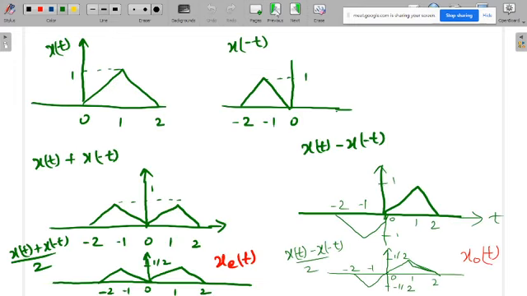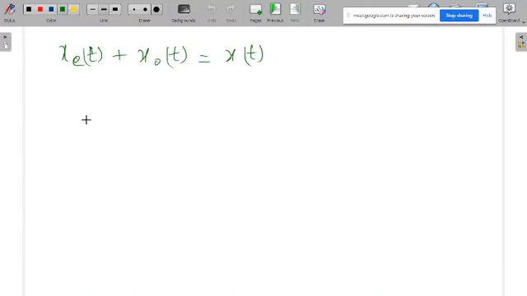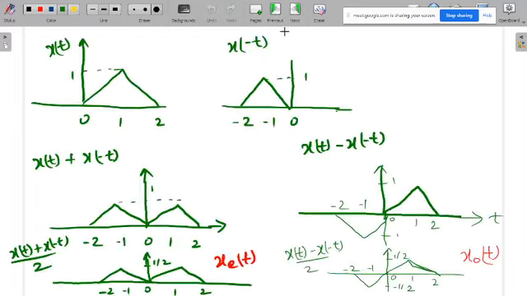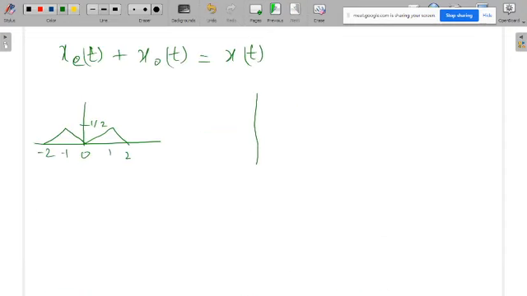Okay, again, this is the even part. I'll draw it here once again, even part and odd part separately. This is the even part that we have calculated, with the amplitude 1 by 2, at minus 2, minus 1, 0, 1, 2. And again, what about the odd part? This one is the odd part. The odd part is going like this. Again, this is minus 1 by 2, this is 1 by 2, at minus 2, minus 1, 0, 1, 2.